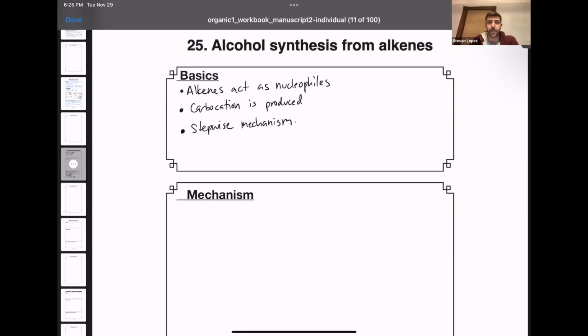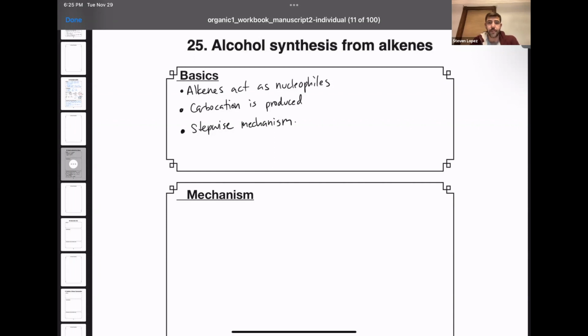Today, we're going to be talking about organic synthesis from alkenes. So the basics of this reaction involves alkenes acting as nucleophiles. The two electrons in the pi bonds will act as nucleophiles that can attack an acid or another electrophile to create an alcohol. During this reaction, which is stepwise, we create a reactive intermediate,